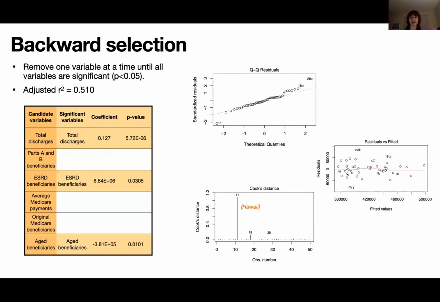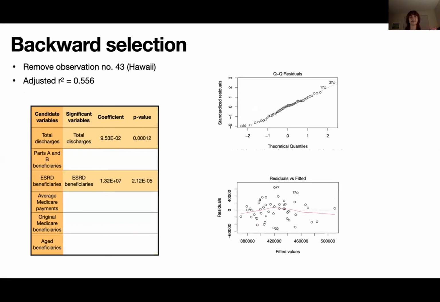But then at this point, I wanted to look at Cook's distance. Observation number 11, which is Hawaii, looked like it had an outsized influence on this model. So I removed it from my data set, and then I did the backward selection again. And I found that after that, the significance of the proportion of aged beneficiaries disappeared. And so that left us with